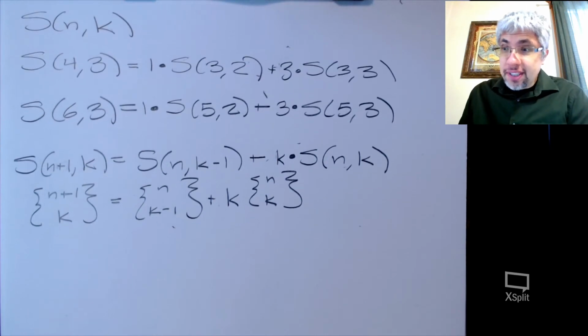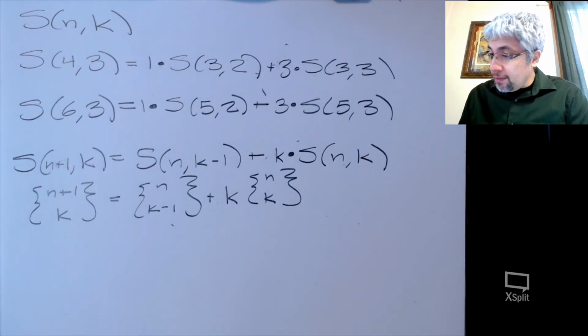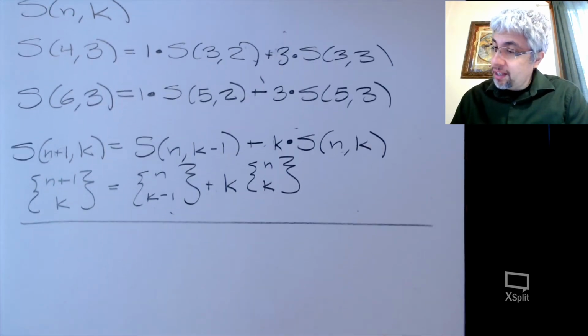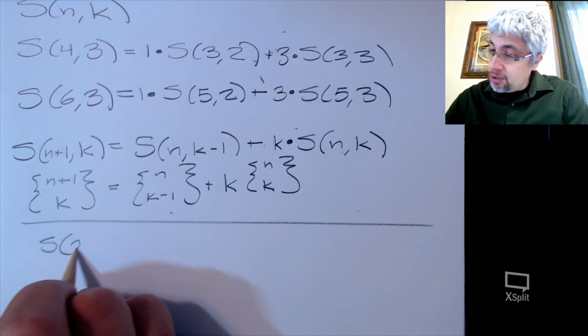And we can use this to find Stirling numbers from existing Stirling numbers. So, for example, let's say we wanted to take a very simple example, the Stirling numbers with 2 objects. So it's really quick for us to compute